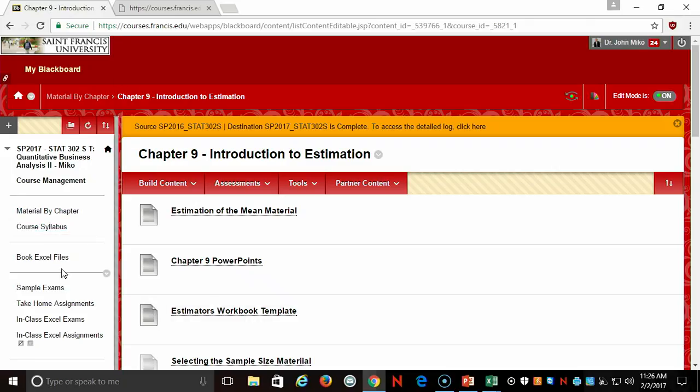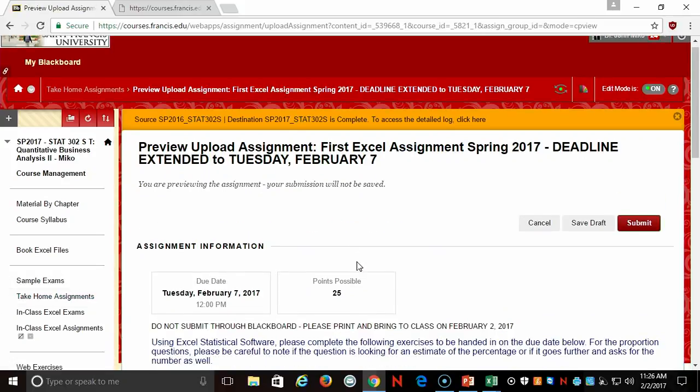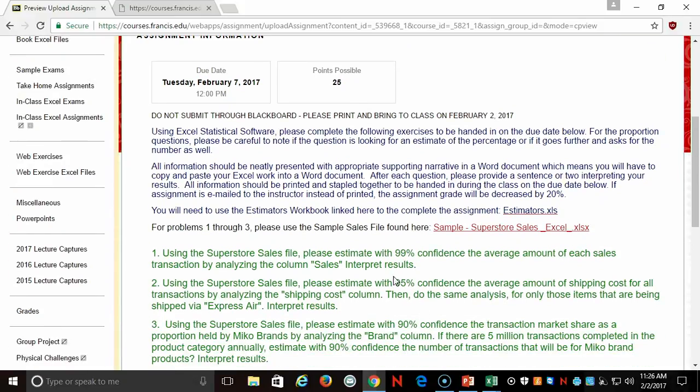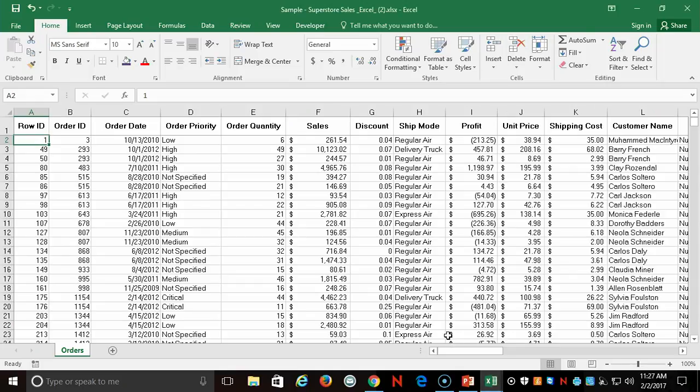So if we go back to my problem, some of this was given. It said 95%. I'm doing number 2. That's great. That means this is 0.95. I still need the mean, the standard deviation, and the sample size. How would I get those 3 things for shipping cost? How would I get the mean, the standard deviation, and the count? Go ahead, Malik. Sure. So all I need to do is data